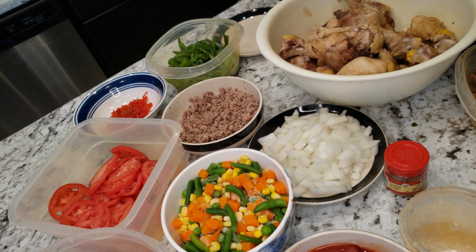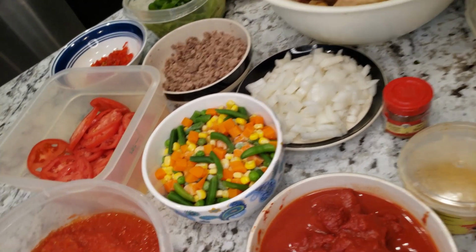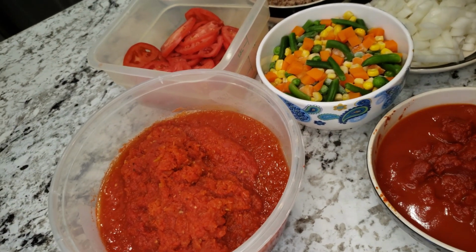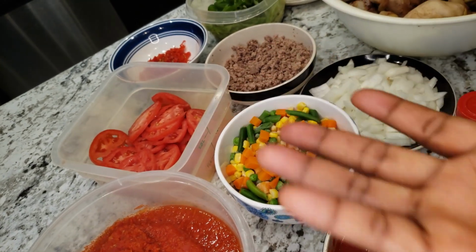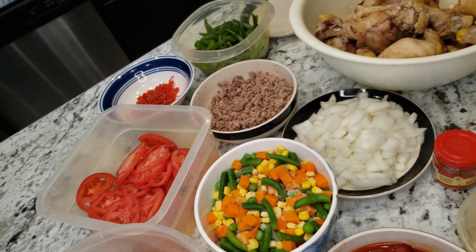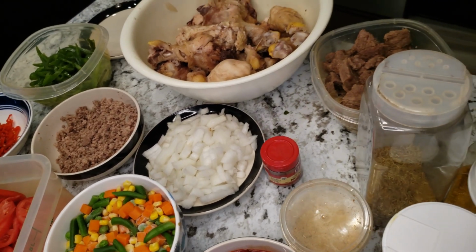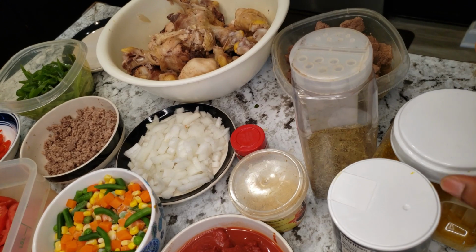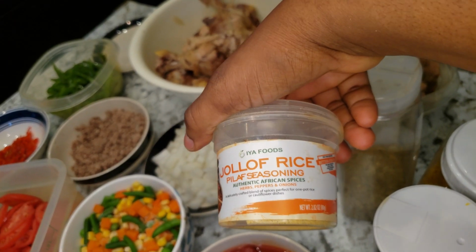In today's video, I'll be cooking jollof rice for the beginner. This is what I have. I have my tin tomato, my fresh tomato, I already boiled it, my vegetable, I have my cutting slice. I will use this for my meat sauce. So I have my meat, I have my onions, I have my curry, Thai, I have my jollof rice seasoning,